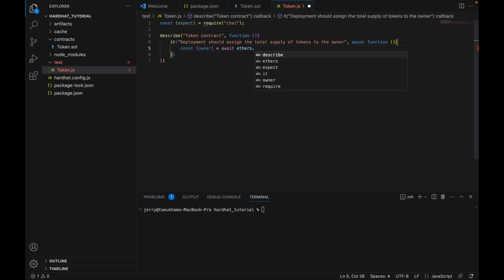Every method that is called from the ethers library returns future, since it is all asynchronous flow. So this getSigner method returns the list of address that is currently connected to the node. Since there is just one object, which is owner, we get only one address. And we